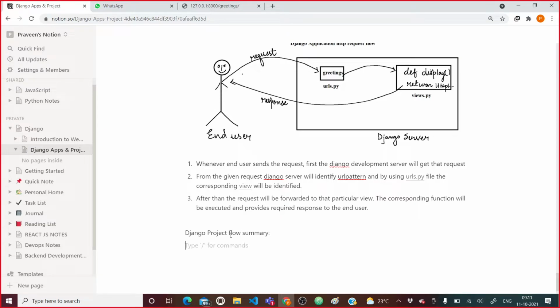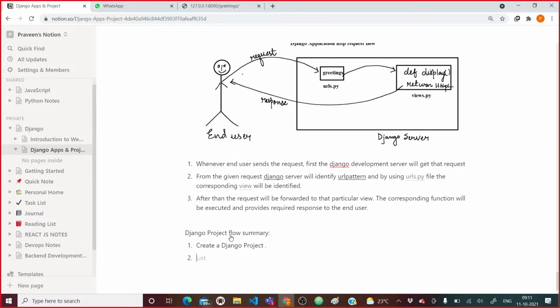I will try to summarize how you can create a project, how you can create an app in that, and how you are going to run that. So first, you need to create a Django project.